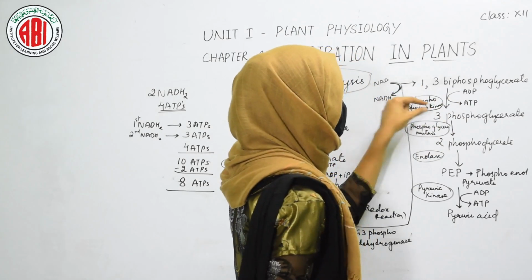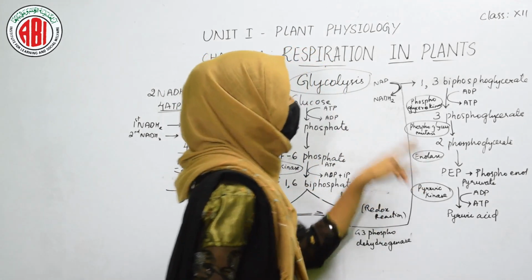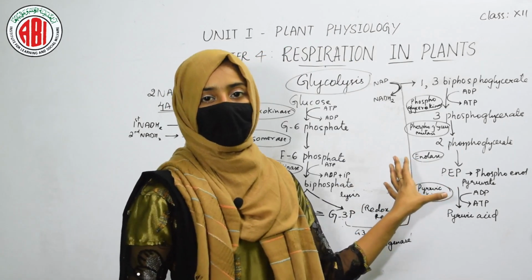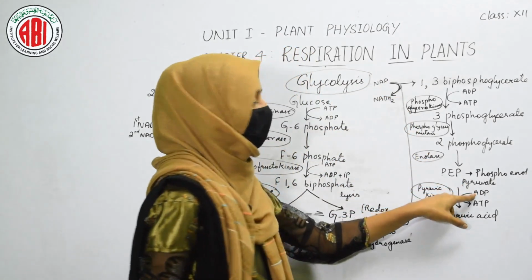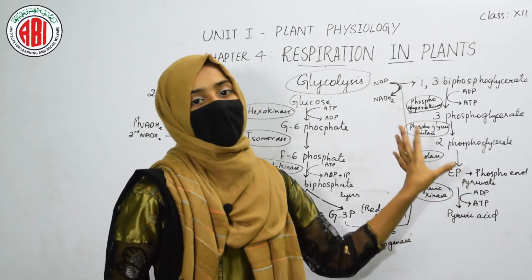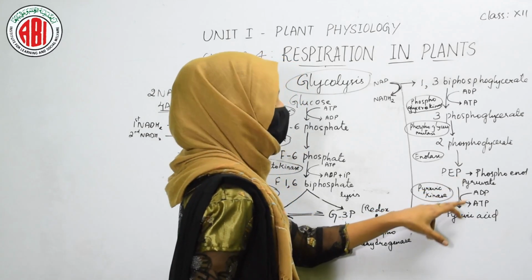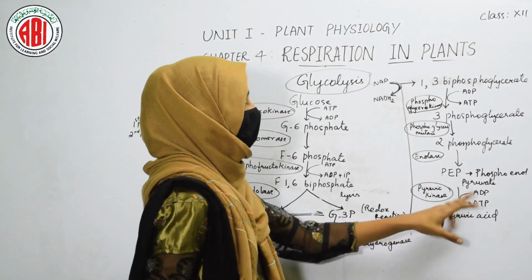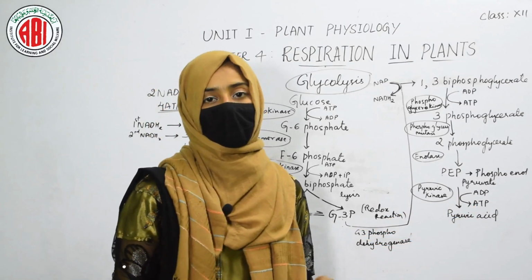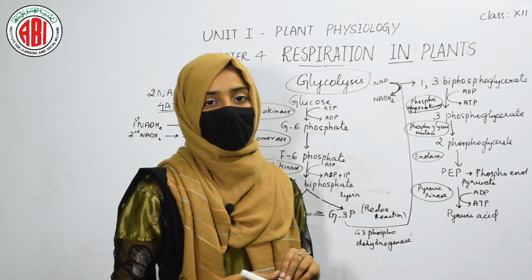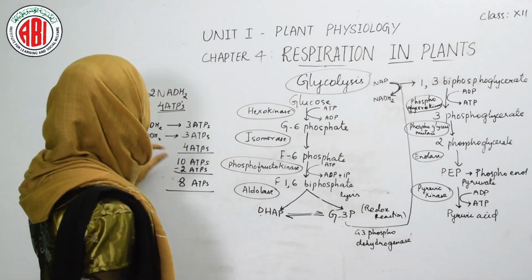Now this 3-phosphoglycerate gets converted into 2-phosphoglycerate. 2-phosphoglycerate gets converted into phosphoenol pyruvate. Phosphoenol pyruvate is a compound that contains a phosphate group, and this phosphate group is again added to ADP, adenosine diphosphate, which results in the formation of ATP, which is an energy molecule. So in this step also we will be getting an energy molecule. Energy gets synthesized and the product that we get is pyruvic acid. Pyruvic acid is a compound which does not contain any phosphate group. So this is about the process called glycolysis, in which we will be getting 10 ATPs.